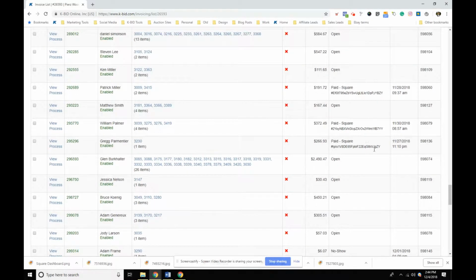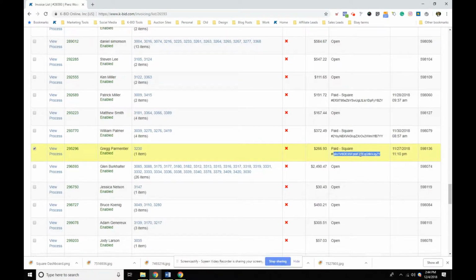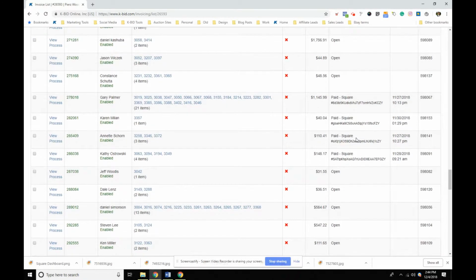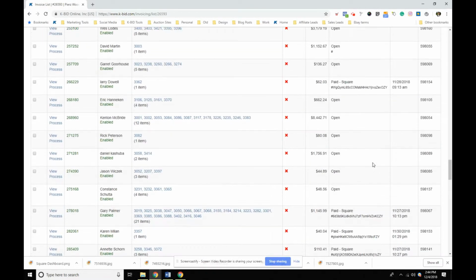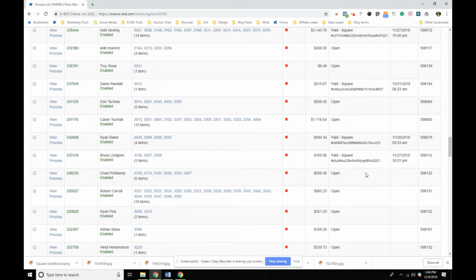Again, we mentioned this during the downloading of invoices, but you'll see all those bidders that have paid online with a corresponding reference number for the paid square and when those payments were made. So those are already done for you. That's the good part about the online payment option, is it automatically makes those payments in the system and will